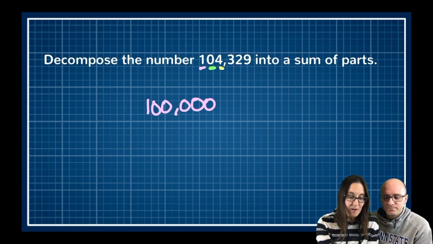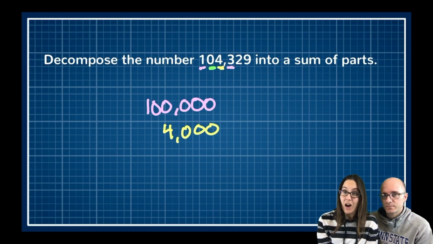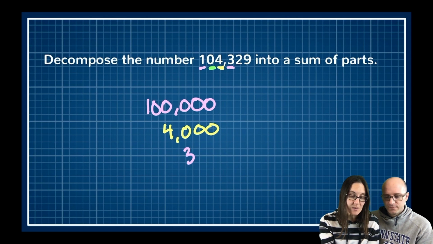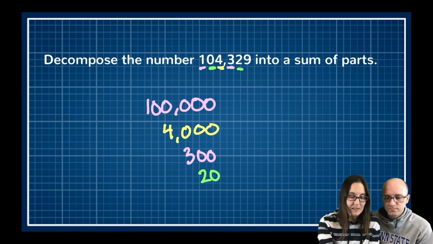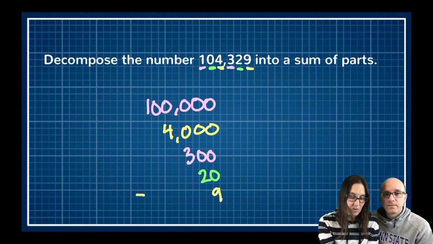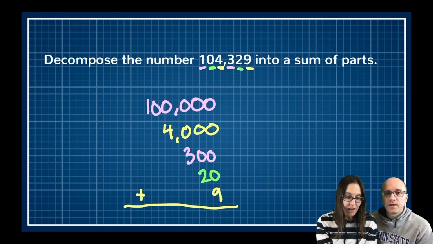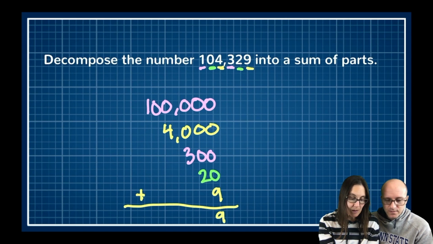Skip right over it. The 4 in that place right there means that there is a 4,000. All right. And then the 3 is in the hundreds place, so that means there is 300. And the 2 is in the tens place, so that means it's a 20. And then last but not least, we have our 9 in the ones place, which is a 9. So I can add these all together, and I will get the exact same number. If I add down...